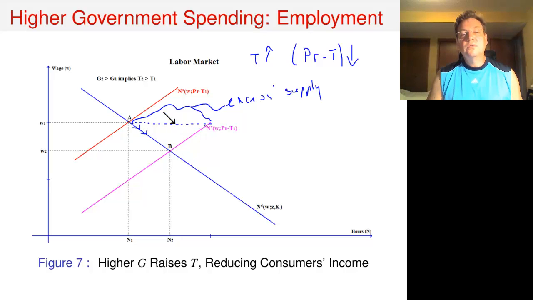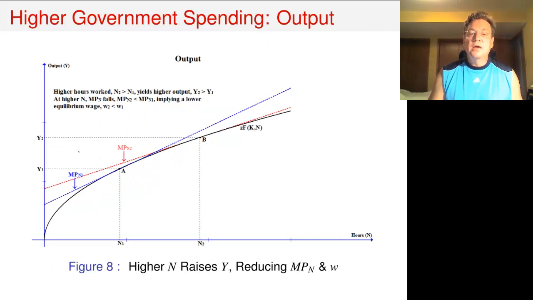As the wage falls, workers are going to slide down this new supply function, and this adjustment process continues until the wage has fallen enough so that labor supply equals labor demand. But in the process of the falling wage, we see that employment or hours worked has increased. As I said, there's no effect on the position of the production function. So the way that you get more output from more hours worked is that firms just slide up this fixed production function.